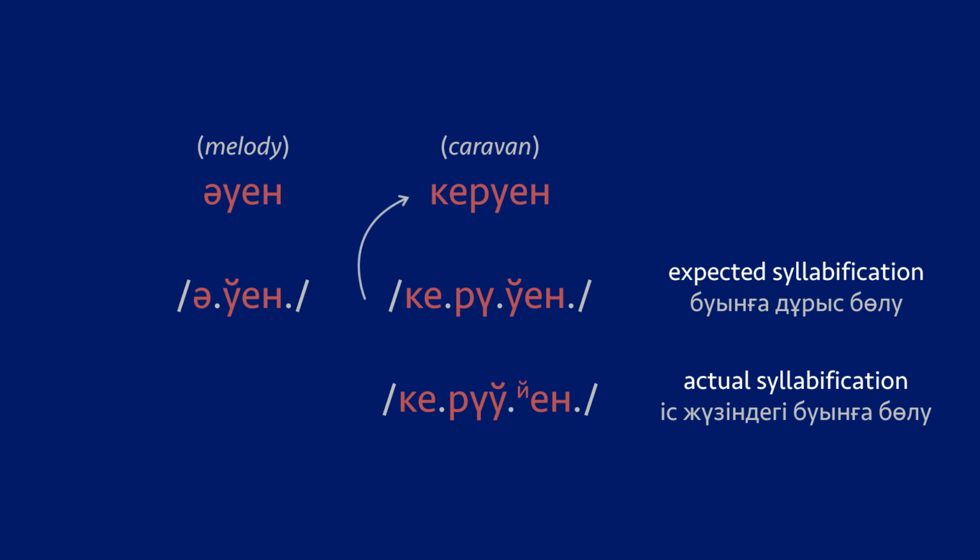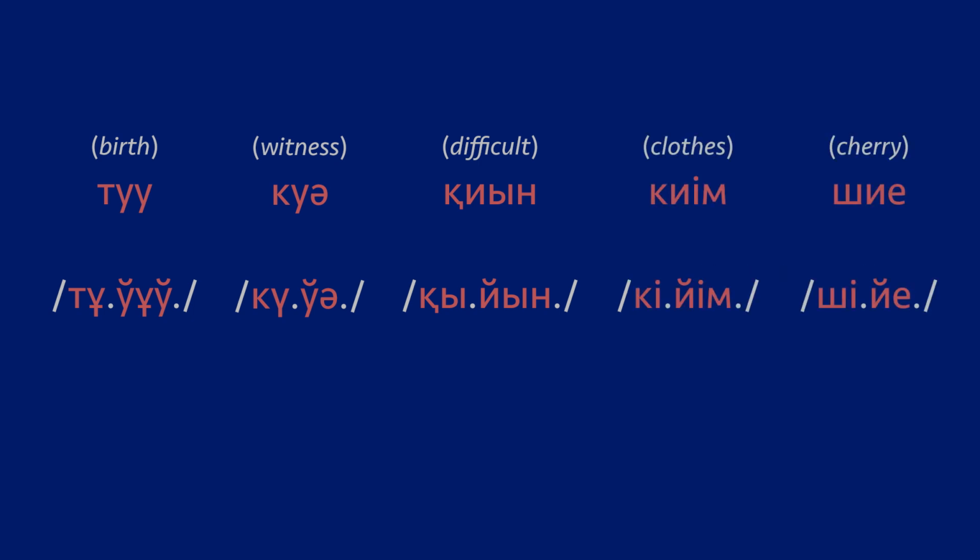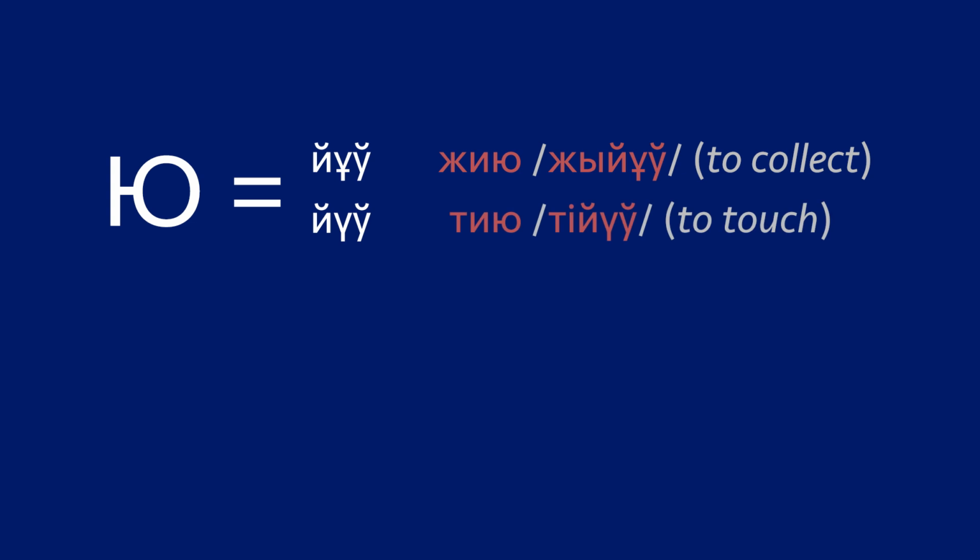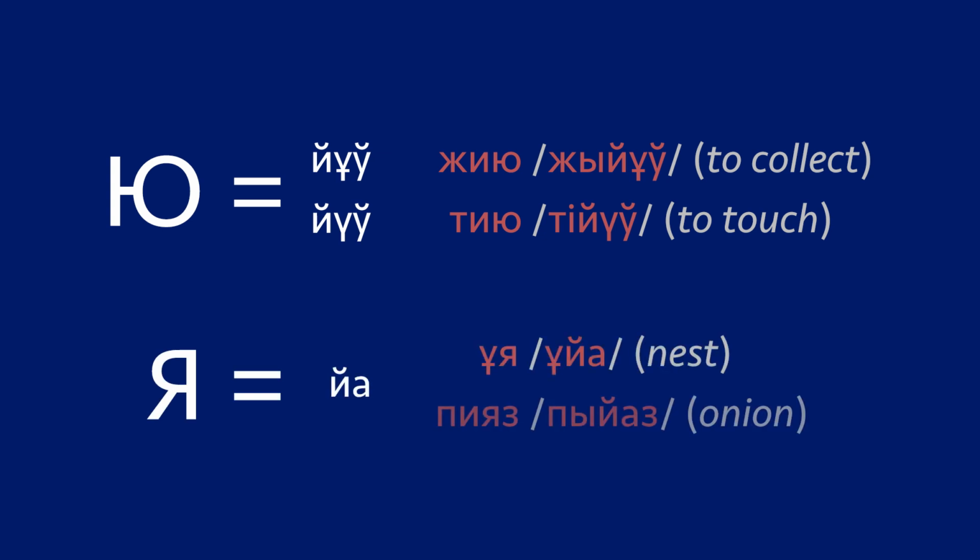This alphabet, instead of being an accurate representation of spoken language, brings its own shortcomings into the spoken language, thereby distorting it. All of these words on screen, as well as countless others, also bear the consequences of flawed orthography. Yu is pretty much the same as O with E in front of it, and therefore carries the same problems as O, such as the invisible distinction between Zhiyu and Tiyu, which wouldn't be a problem if these foreign letters weren't used. Ya is just I plus A, like in Oya and Piyaz.